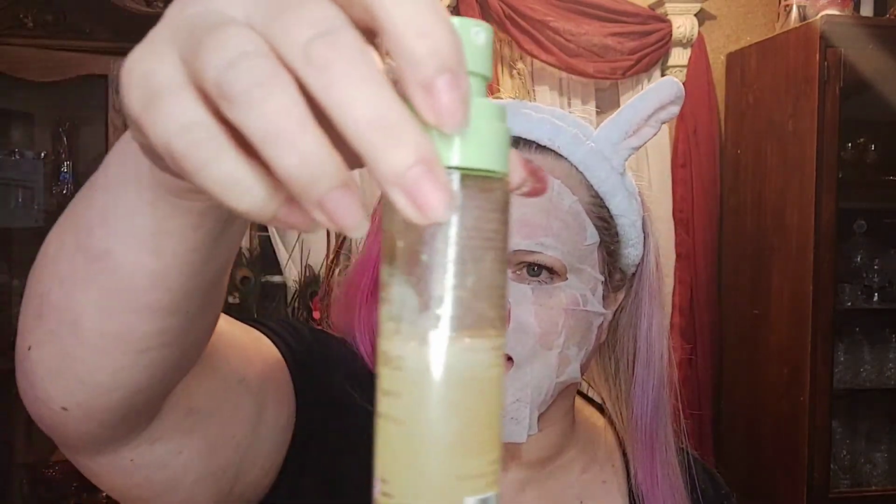And then for setting sprays, I love just the basic Pixie setting spray. It has just a tad bit of shine in it. As you see, I've used it quite a bit. I haven't used